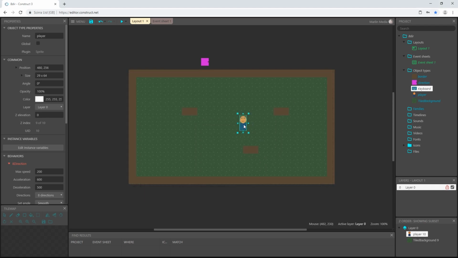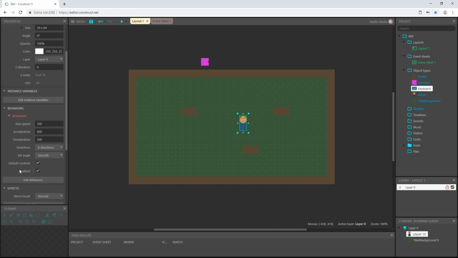Okay, with our player selected, let's go over here to behaviors, and let's set our behavior values. The max speed, I'm going to take this down to 150. The acceleration, I'm just going to say 2000, and the deceleration 2000 as well. Directions are going to be 8 directions, and set angle to no. And then also uncheck default controls, because we're going to set that up ourselves.